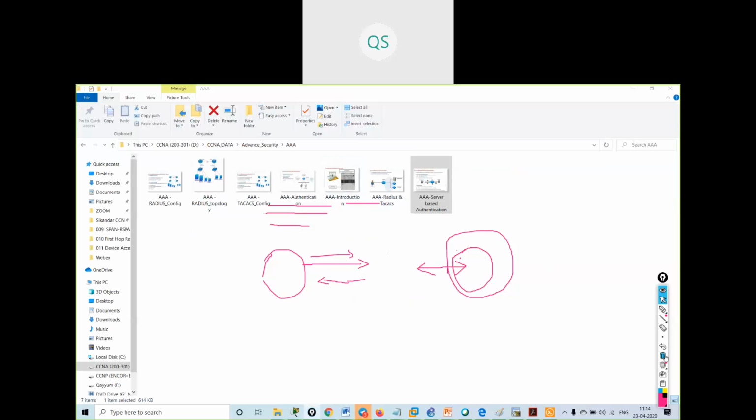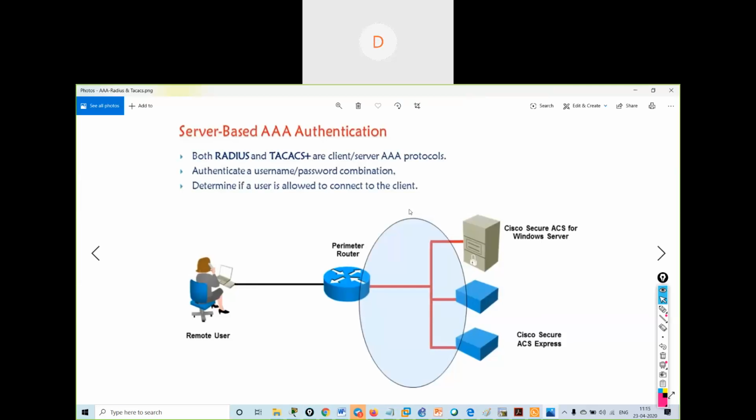So this is something, the use of AAA. We have to activate Telnet on all the routers or all the devices, right? Yes, we have to activate Telnet on all the devices. But see, the use of an external server is that you don't have to store all the things on the router. It will not get stored in the local database of the router. It is getting stored in the external server.